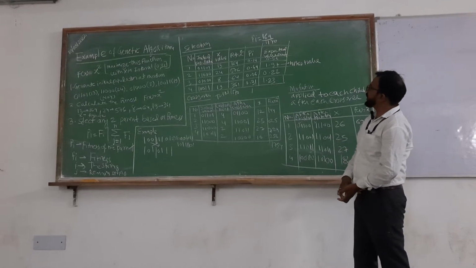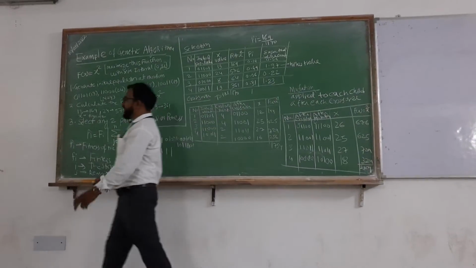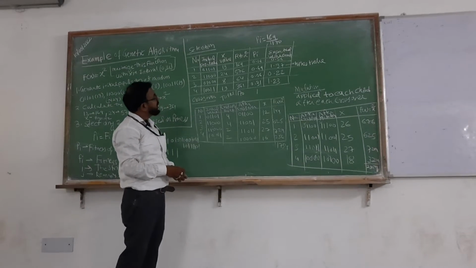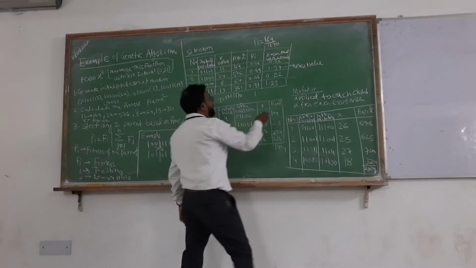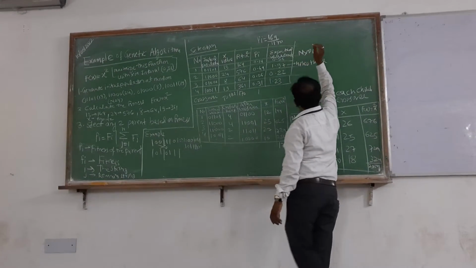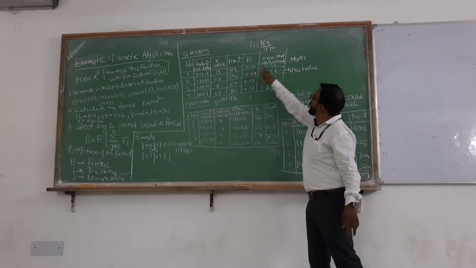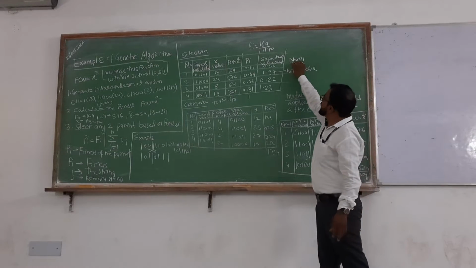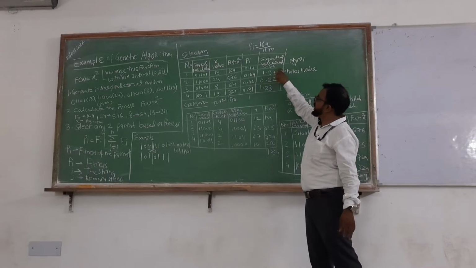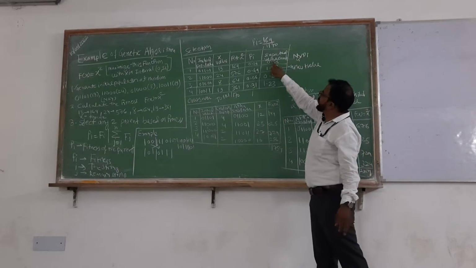Now, what is the expected count value here? How do you calculate the expected count value? You know that you can calculate n into pi. N into pi is the expected count value. What is the value of pi? 0.14. What is the value of n? N is equal to 4. So 4 into pi will give 0.56. N into pi is the expected value of count.